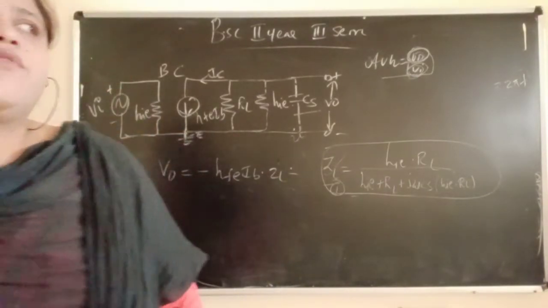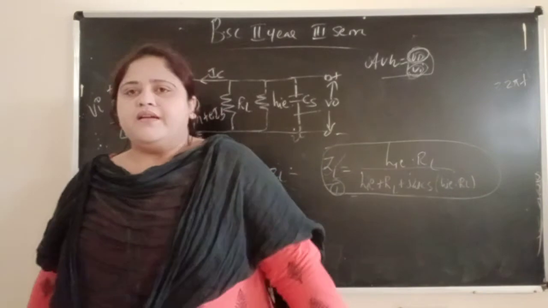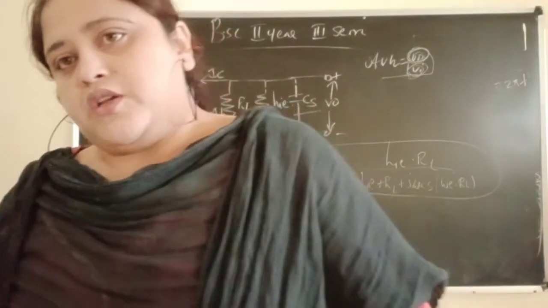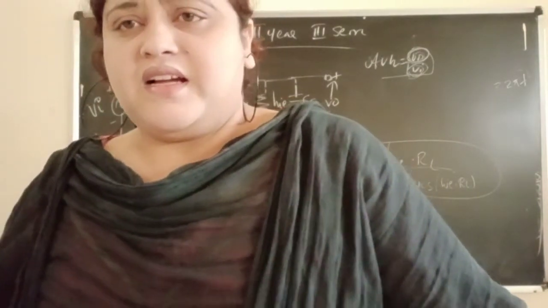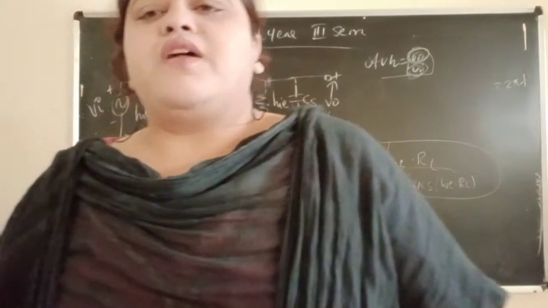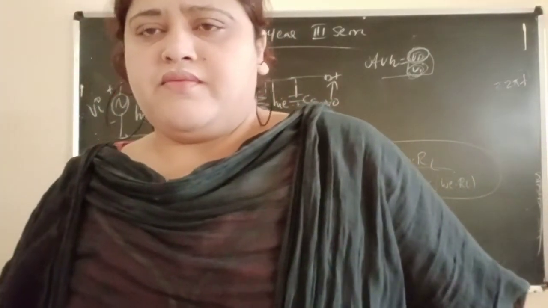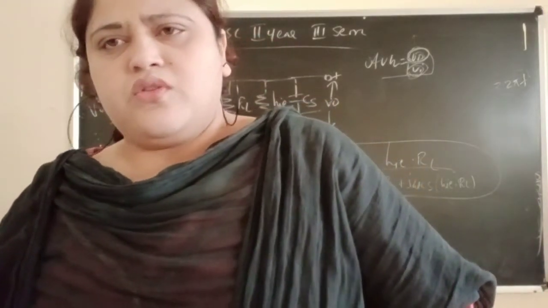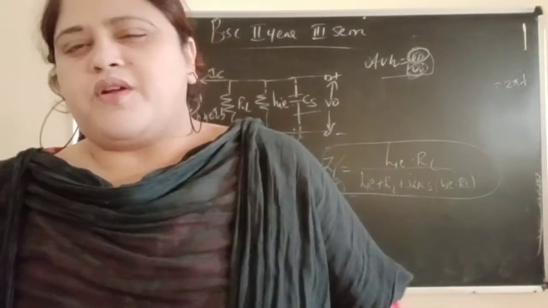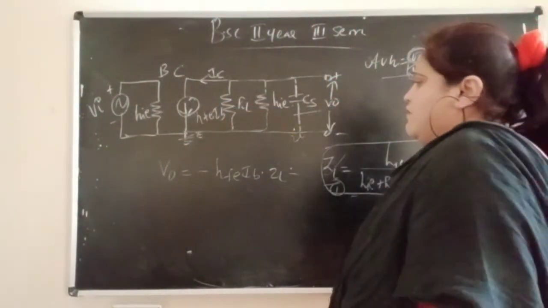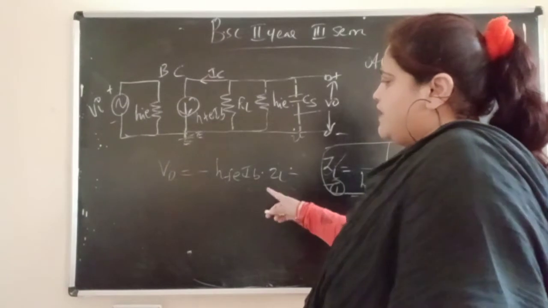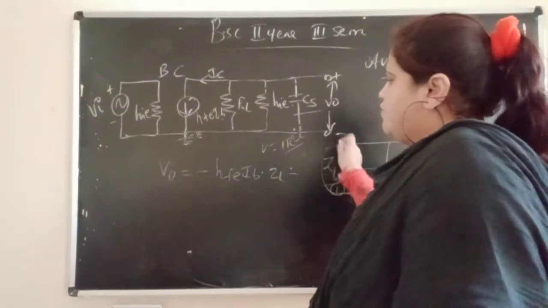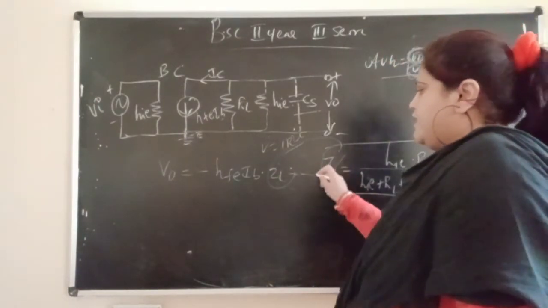Continuing means you have to continue from the mid frequency derivation with the equation numbers. If you are forgetting the continuation of equations, separately give the equation numbers 1, 2, 3. First ZL, then output, then input, then AVH. So give them your own equation numbers, no problem. Then V naught equals minus HFE IB into ZL, from V equals IR. Keep it aside as equation 2.